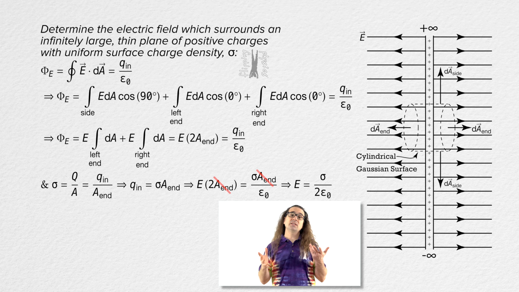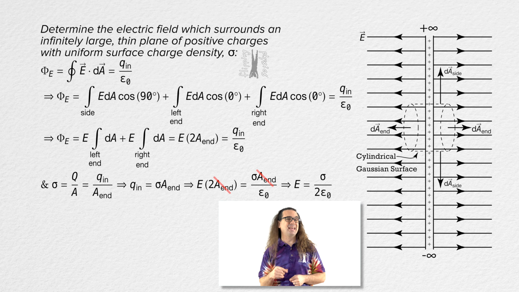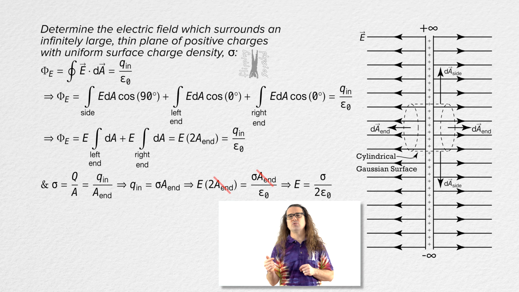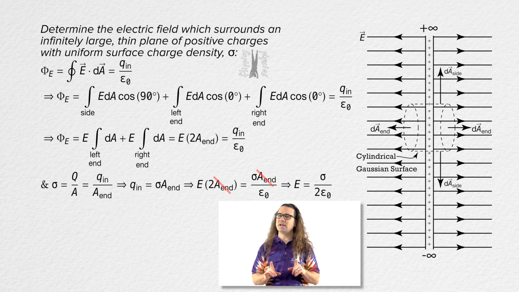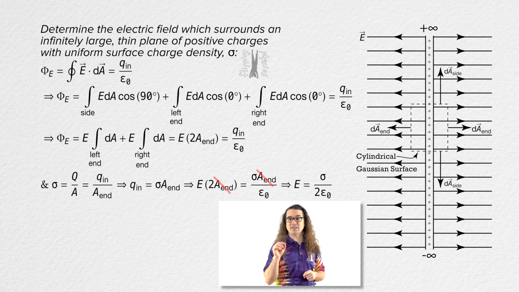Very nice, Billy. Let's review a couple of things. Notice the electric field is uniform and independent of distance from the plane of charges. This is because the plane of charges is infinitely large. Also, I just want to review that the Gaussian surface we chose has Gaussian surface area vectors that are either parallel to or perpendicular to the electric field. Realize that means we could have chosen a rectangular box as our imaginary closed Gaussian surface. That would have given the exact same electric field.